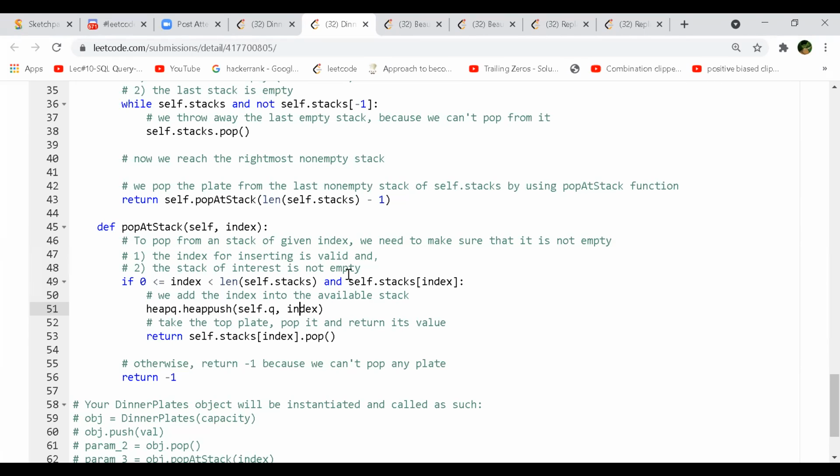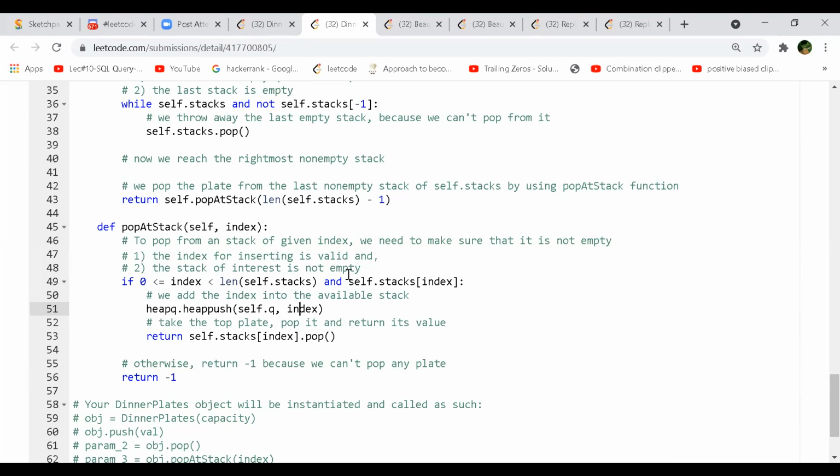Yeah. So when we are pushing an element into the stack, we are checking for the available stack where it can be pushed. Exactly, that's what he's doing. We are using that priority queue. We are checking at the index, whatever the top of that priority queue is, if it is full or not, because that represents my leftmost available stack. If that is full, then I'll pop it out.